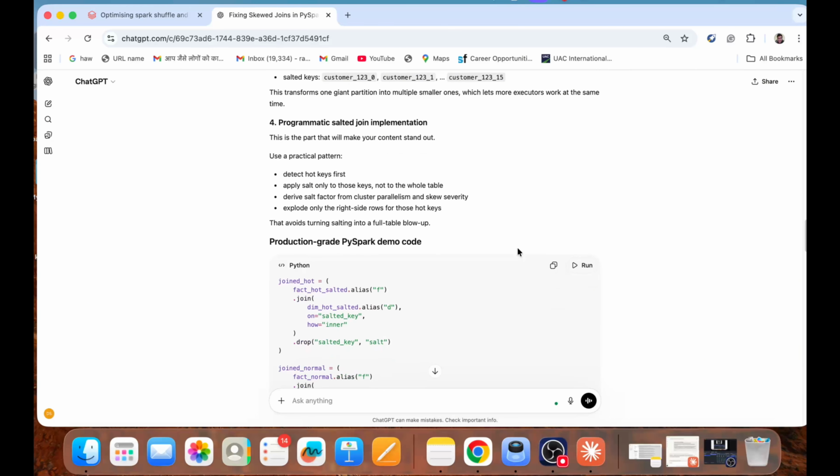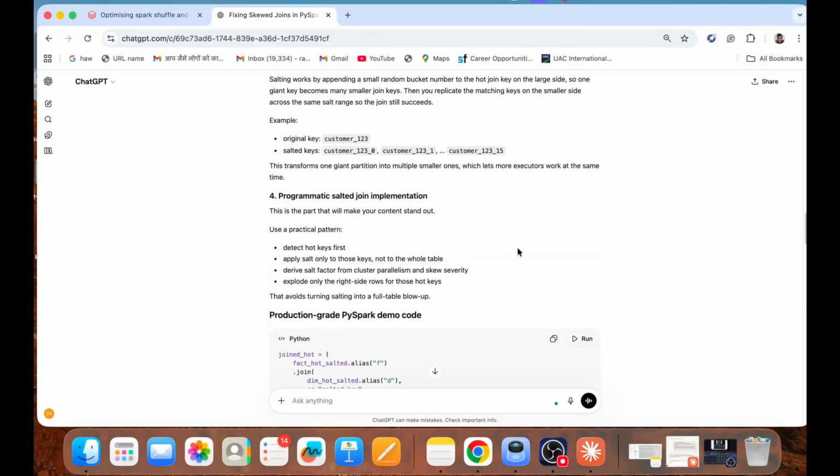Programmatic, yeah. So this is another example, but I'm going to use my own notebook. So you have to first detect the hot keys and apply salt only to those hot keys. You don't necessarily need to apply salt to all the keys. You just have to apply the salting technique. Salting is basically you distribute those records under that hot key into random buckets, right? A small number of buckets, so that when it's distributed across nodes, the join happens on that, and your job is not just waiting on one of the